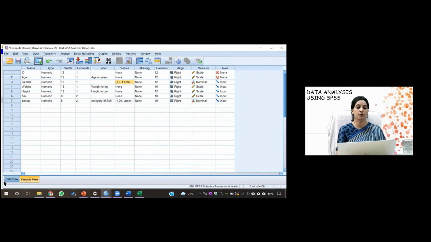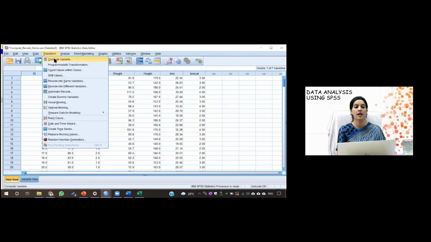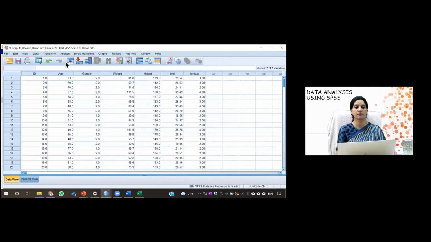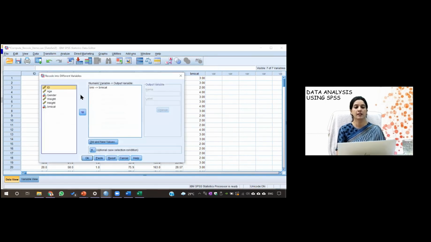Then what I have shown you about the computation of a new variable. So you have to go to Transform and Compute. I have created a variable of BMI using this formula. And then what I did, I have just recoded this. I have made a categorical variable out of the continuous one. And for that, you choose this action, this Recode into Different Variables. If you click this option, it tells you about the previous variable and the new variable. So the previous variable was BMI, and now I want to have a BMI category.